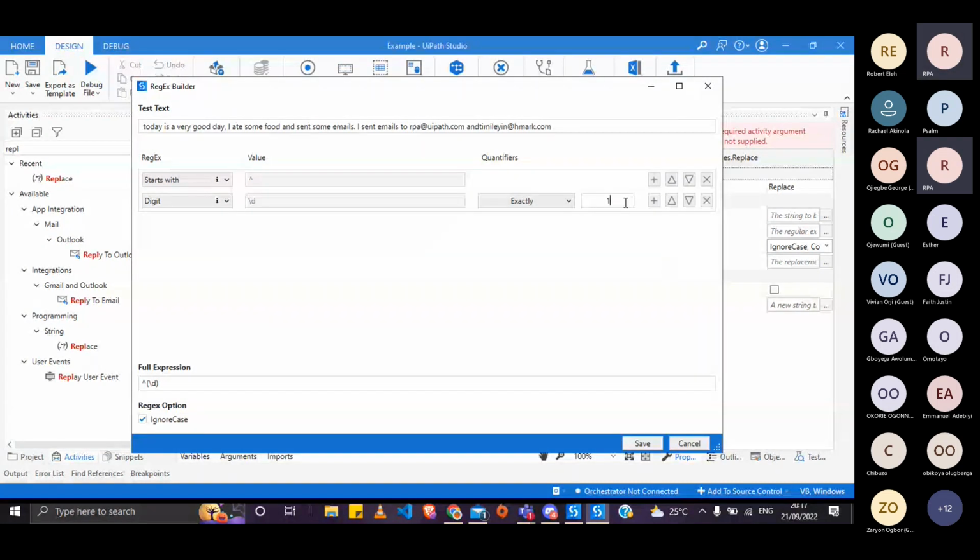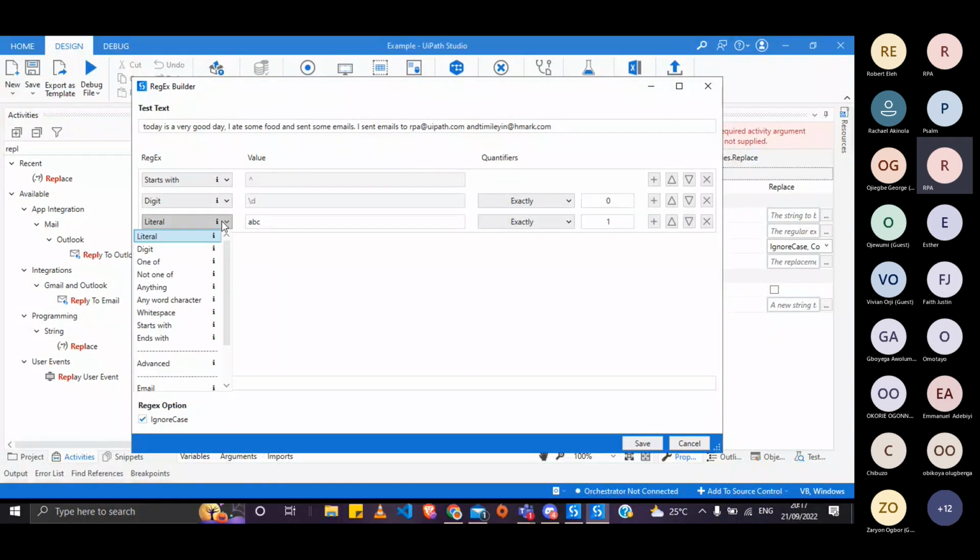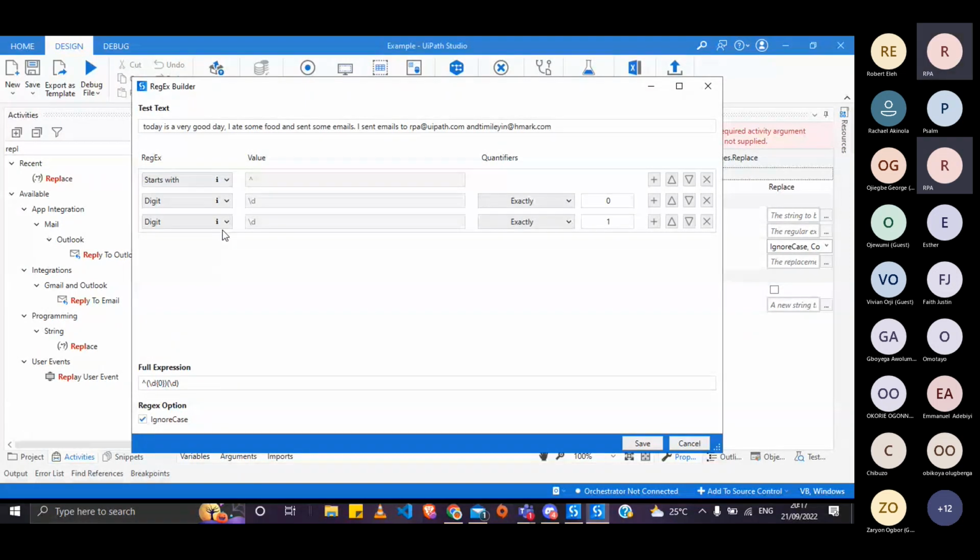That's the first part. Then I think you would now need to add subsequent ones, which would also be of type digits. And then you can say it should be any or,